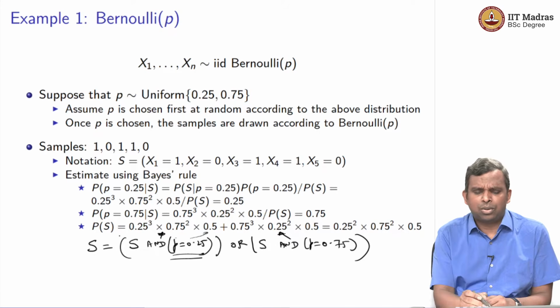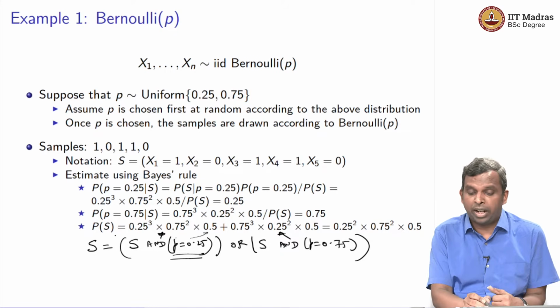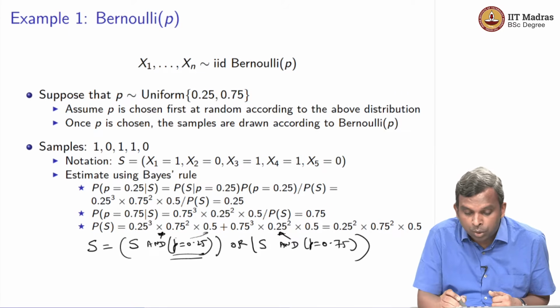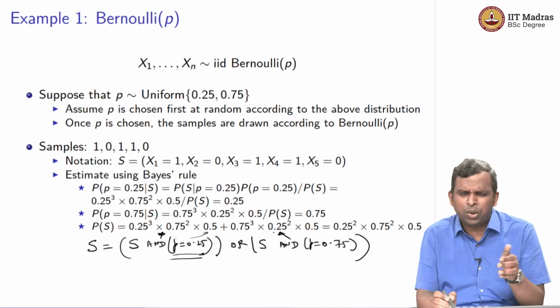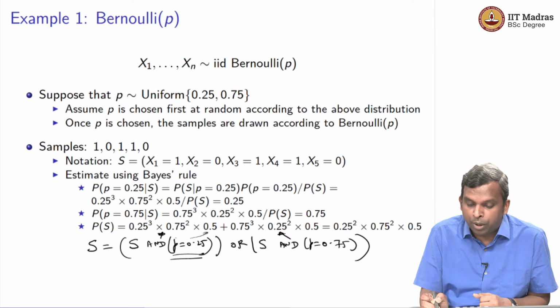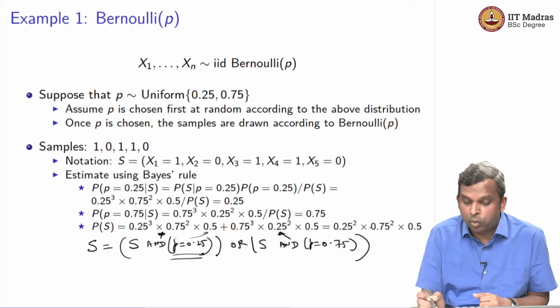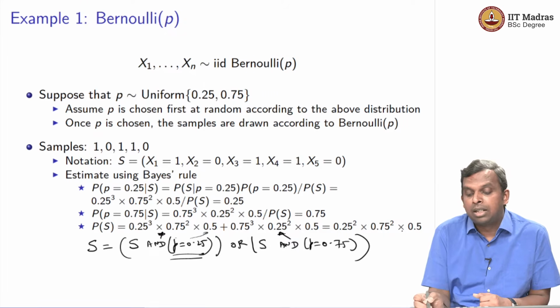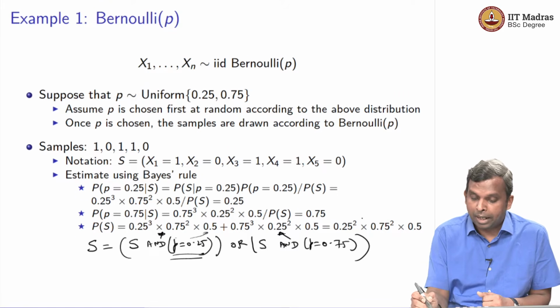So it's the same thing. It's a typical Bayes rule calculation for finding P of S. So you can add this up. If you add these two terms, just for simplification, you can do it numerically. I'm just doing it a little bit differently. You can take 0.25 squared common, 0.75 squared common, 0.5 common. You will get 0.25 plus 0.75, that will just become 1, right. So it is just 0.25 squared into this. So you plug it back in here,